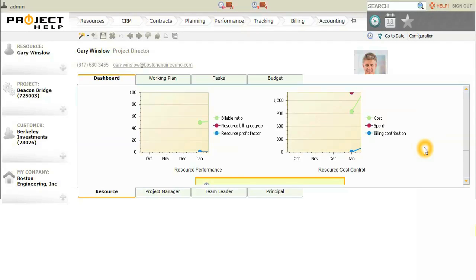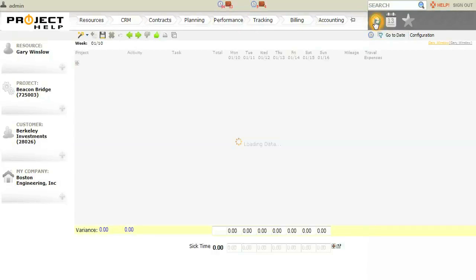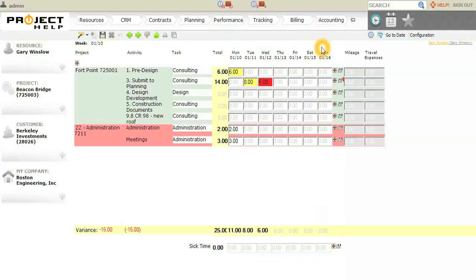We begin in the home page and click on the clock or the timesheet icon, and here you see my timesheet for the week. It's partially filled out already with 6 hours on Monday for the Fort-Point project, with 5 hours on Monday for administrative tasks, with 8 hours on Tuesday for the Fort-Point project, and 6 hours on Wednesday